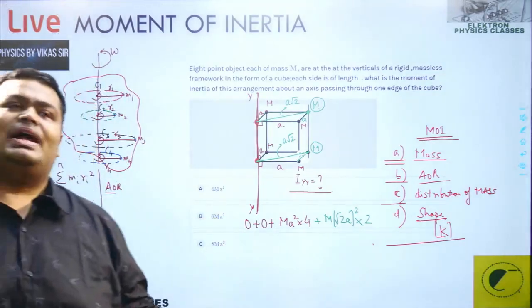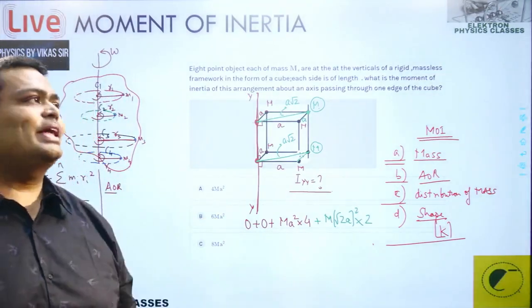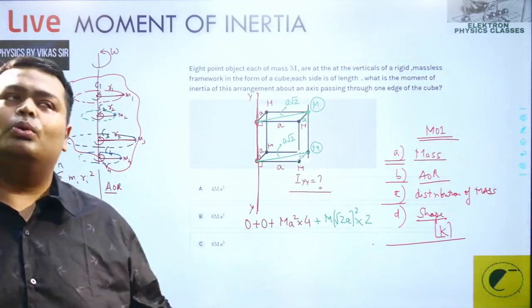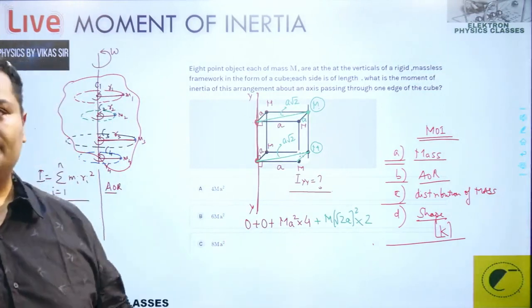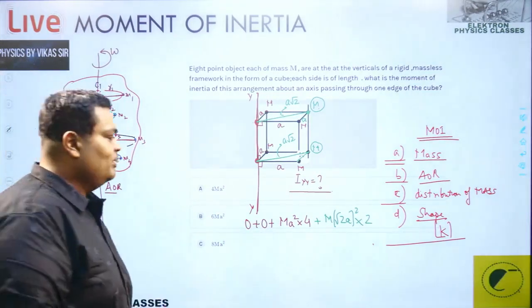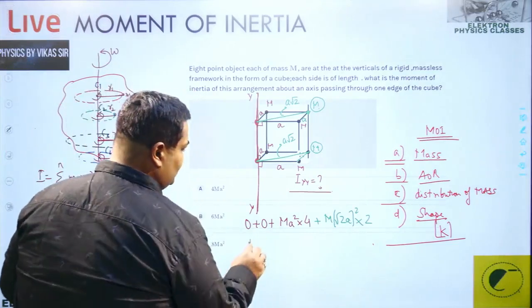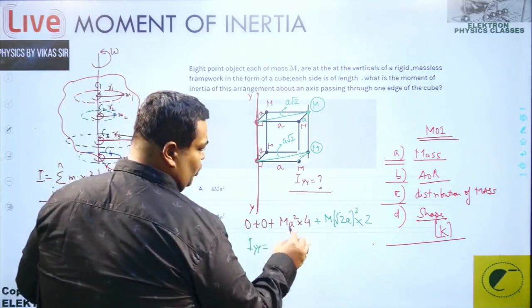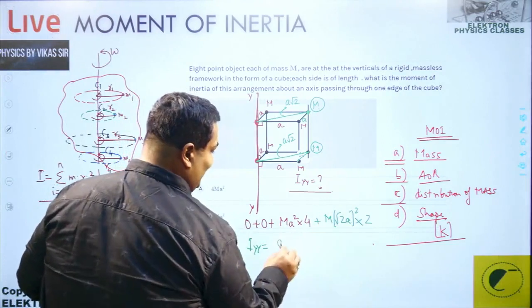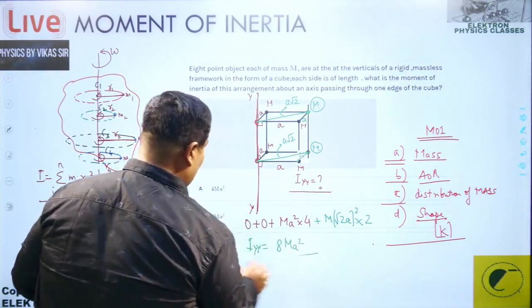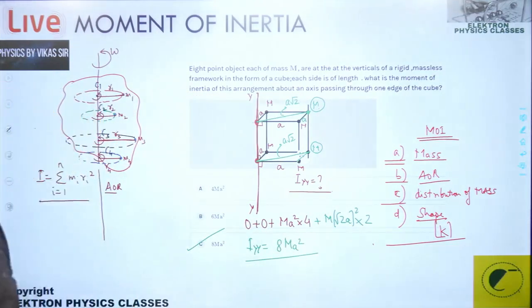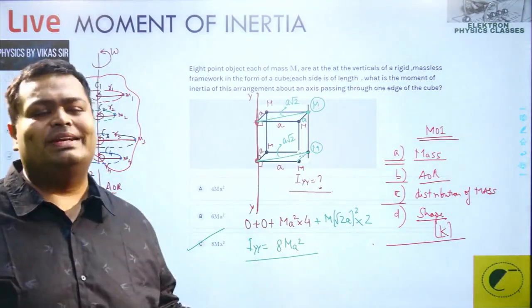So pretty simple. As we said, you can keep on doing it. You can keep on increasing the particles to 12 and so on and calculating. We got the crux of it, so it will be easier. So what's the overall moment of inertia? That's 4 and 2 into 2, 4. So 8 m a square. So we do have an option, C, 8 m a square, as the moment of inertia. So we have revised whatever we did yesterday, right?